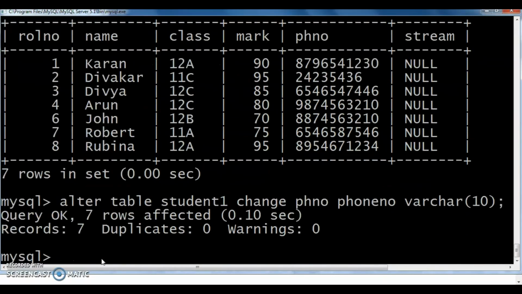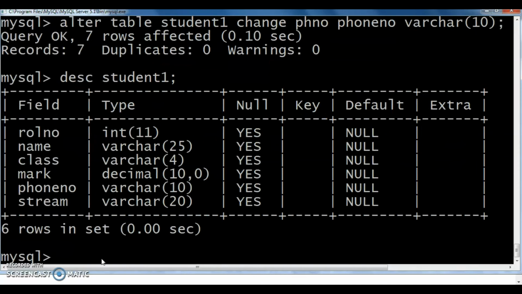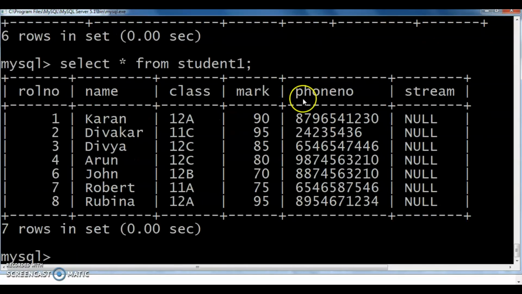Okay. Query OK, 7 rows affected. Now we can check that one. DESC student1. Here we changed this PH number to phone number. Select star from student1. You can see this phone number instead of this PH number.